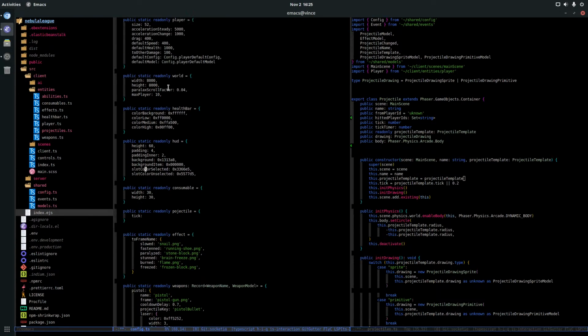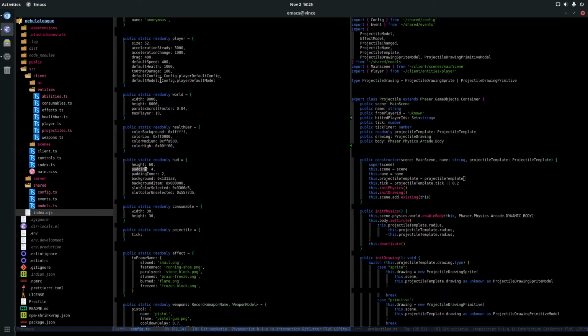Tick default. Default config. Yeah, but also because my health is not default because it's always the same. Late should be default, I think. It should be the default tick, but